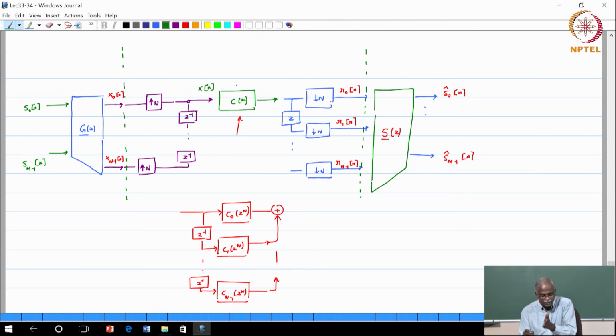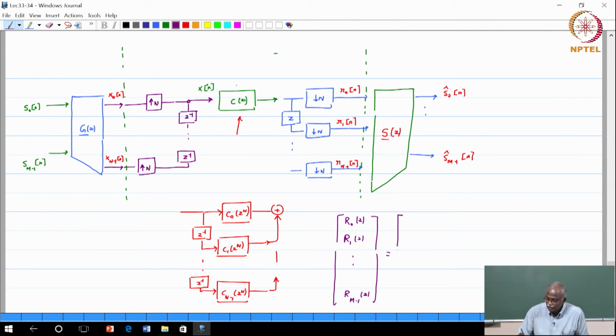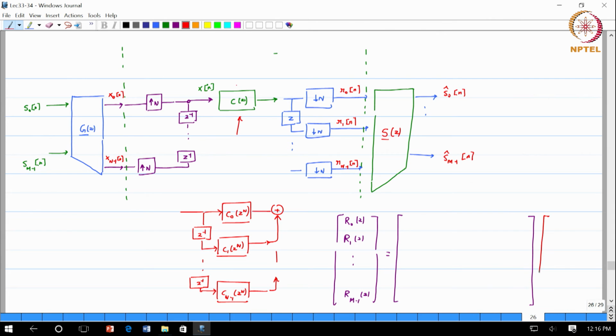And why is that? Because this downsampler can move to the left using the Noble identities, and therefore the input output relationship between R0 of z, R1 of z all the way to R(m minus 1) of z, okay, is actually a transfer matrix where I will just write down a few entries and request you to finish the rest. The inputs are x0 of z,